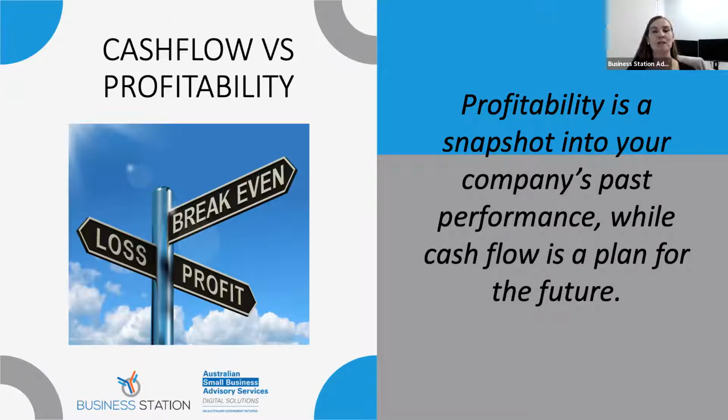Whereas cash flow is really that net flow of cash into and out of a business at any particular time. Now, it could be outlined in weeks, it could be months, or you could look at cash flow over the year, depending on how you set up your reporting, but the most common is months. To look at cash flow week to week, there's a lot of detail in that, obviously being 52 weeks in a year, so months tends to be the most common way to look at cash flow.